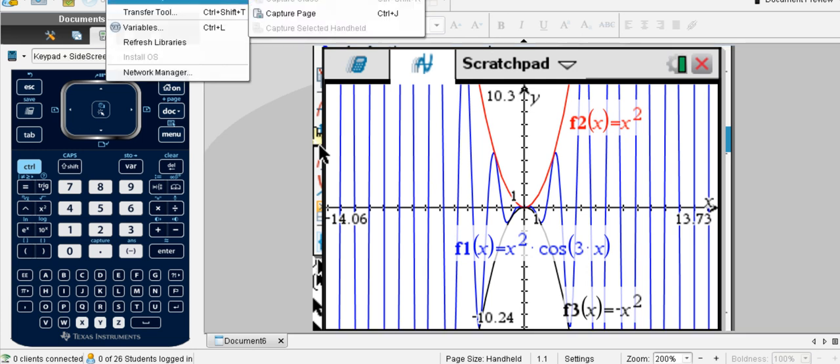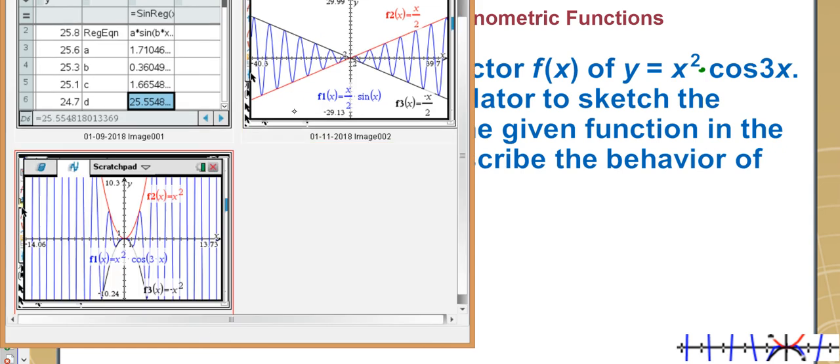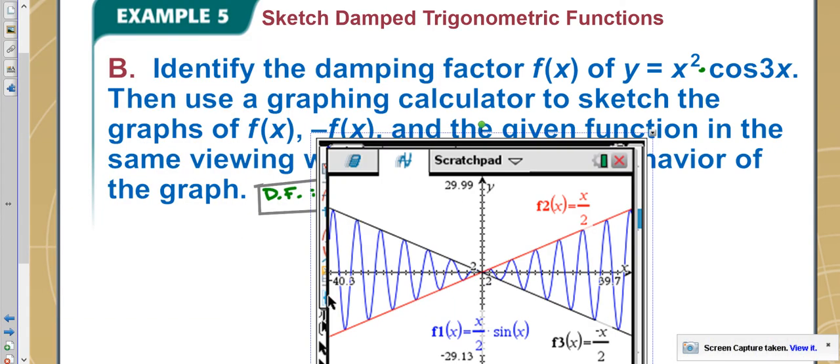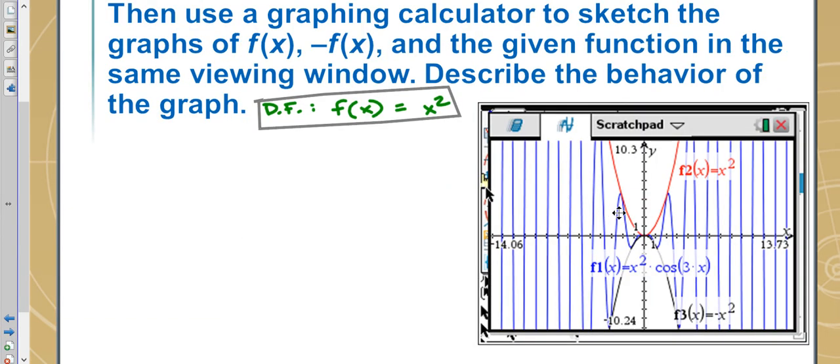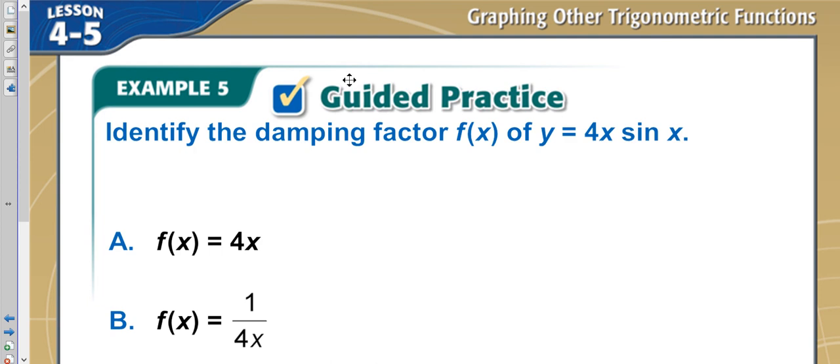Sorry, my calculator's not cooperating with me very quickly. Here it is. You can see that this time the maximums are lined up with the graph x squared up here and negative x squared going down here. That's how damping looks. It's pretty neat, actually. So there's their picture of it. And now here, I want you to identify